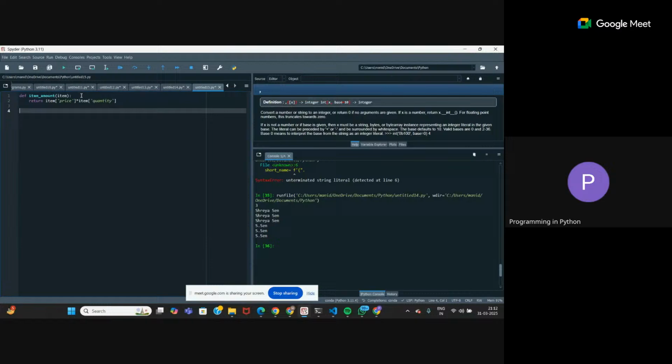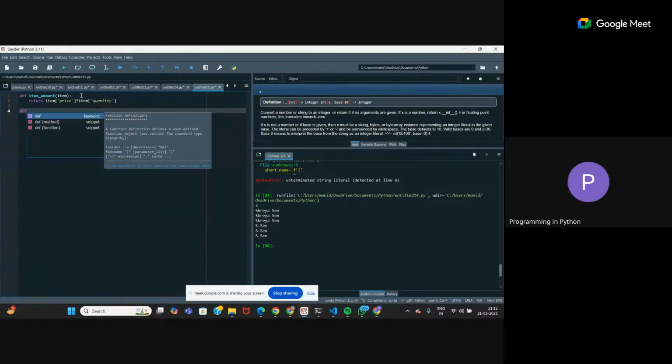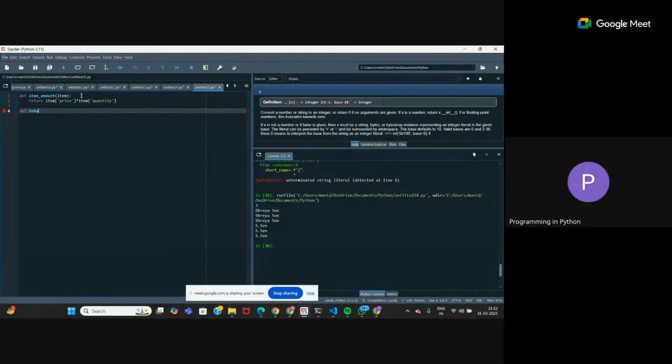Okay. Now let's come to the actual functions that we have to define. The first one is called total bill amount. So total bill amount will take the list as its parameter. I'll just call it grocery list as the parameter. Now total amount is what? Let's define a total amount variable in which I'll store it. So total amount is initially 0. After that, you have to go through every item in the grocery list.